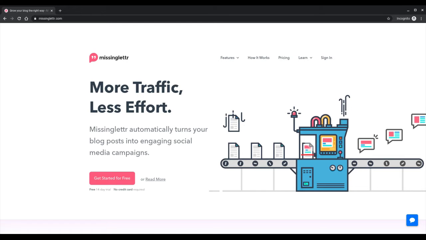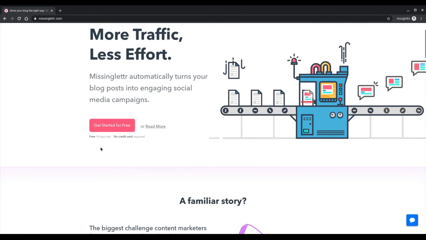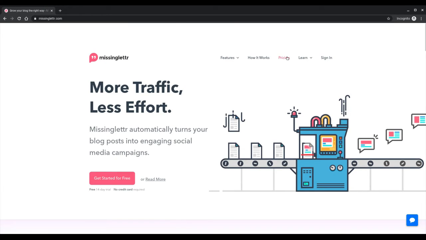I've always seen an increase in analytics from these posts. You're able to track your clicks for blog posts. You're able to see which blogs are getting the most clicks as far as clicking on that social post and coming to your blog. So you can see all of that when you come into Missinglettr. Now they have a 14-day trial to be able to go ahead and start using